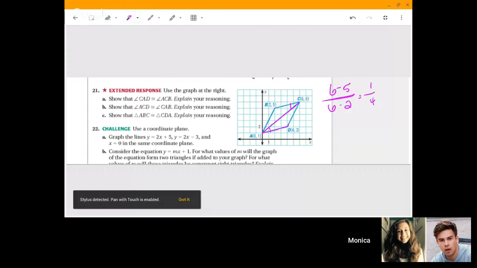And then the slope down here of AD would be 2 minus 1 over 4 minus 0, which is 1 over 4. So since the slopes are the same, they are parallel lines. So that would be how you can prove that those two angles are congruent, is by stating that line BC,